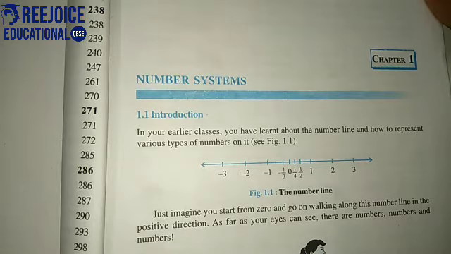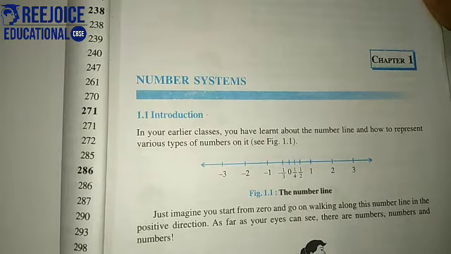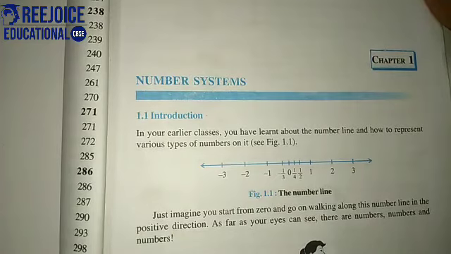There are different kinds of numbers, as you all know. There are natural numbers that start from 1. There are whole numbers that start from 0. There are integers, the numbers that we show on the number line. There are rational numbers, irrational numbers and prime numbers. So even numbers, odd numbers. There are so many different sorts of numbers that we already know. In this number system chapter we are going to study some of these numbers, and we are going to solve different problems related to this chapter. So let's continue with our solutions and problems.